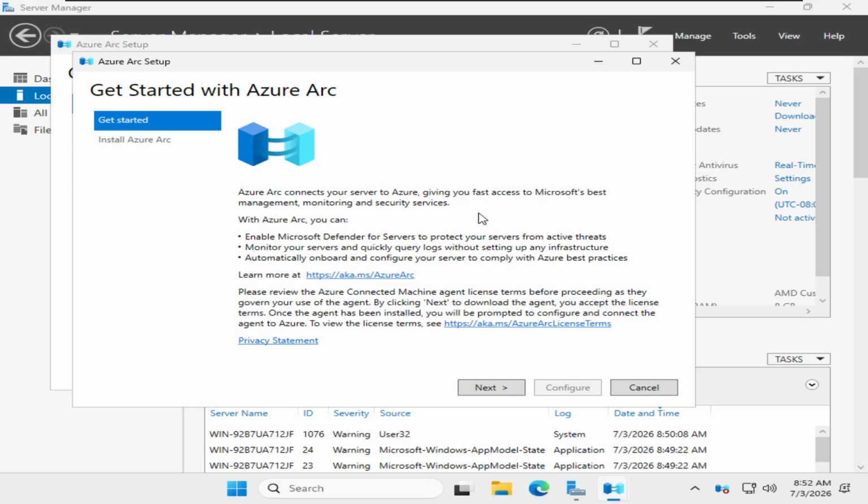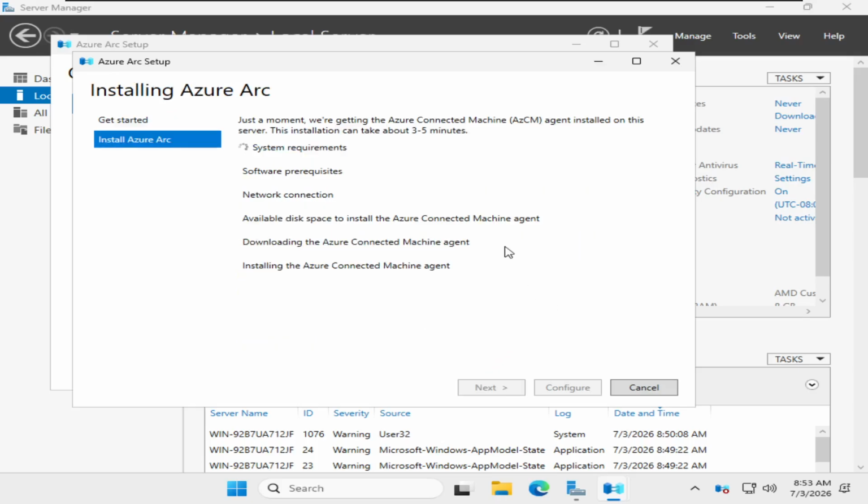Monitor your servers and quickly query logs without setting up any infrastructure. Automatically on, okay, yeah, I also don't really care, but no, just move on. System requirements. Okay, meets all of those, and then,